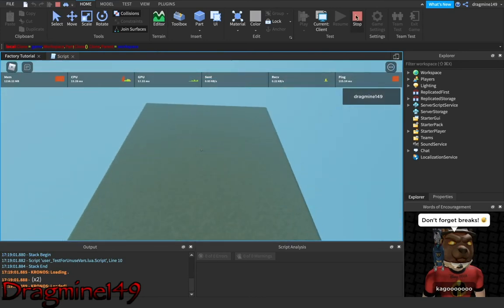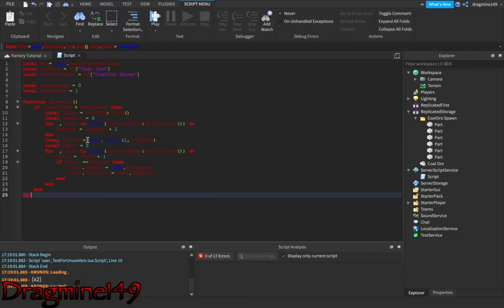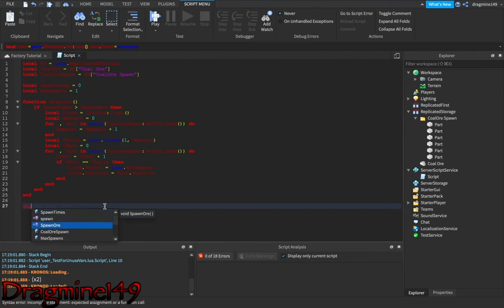Oh yeah, I forgot. I never actually called the function. As I changed it to spawn ore, you need down here a function call. You just need this. This calls the function, and as all scripts in the server run on start, this script will run.